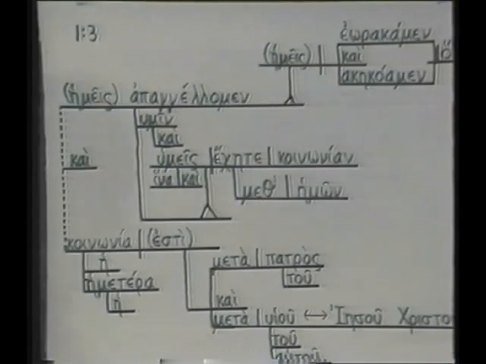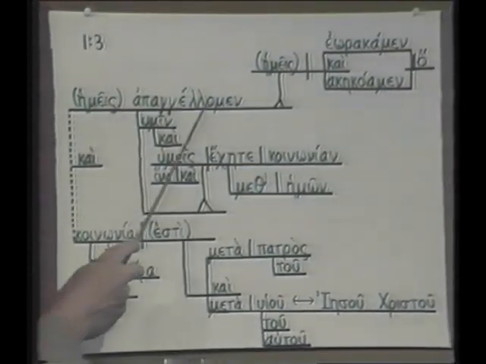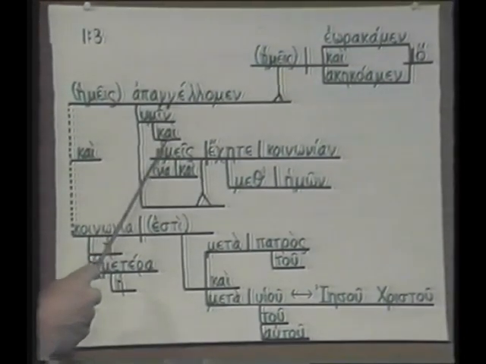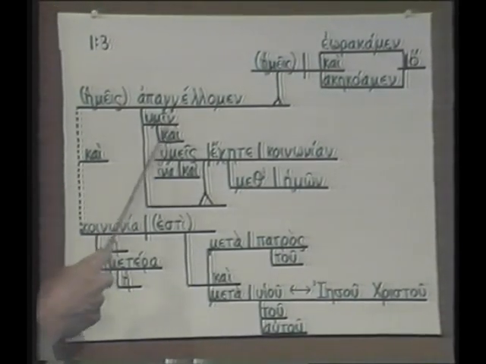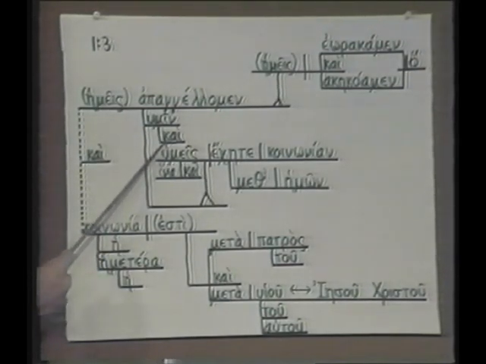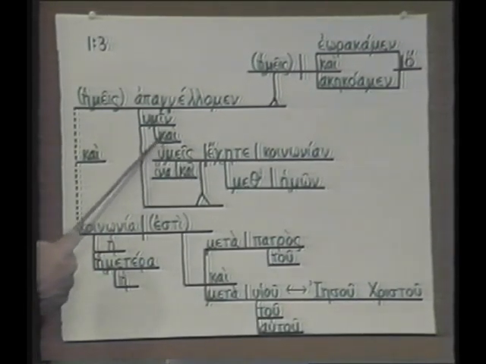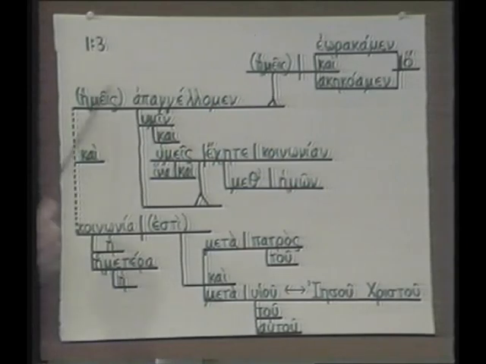So, this is verse 3. We announce to you also. Now the kai there really modifies humin. So you don't put the kai over anywhere else. It's a use that we found previously in Machen, meaning also. So we announce also to you, and it modifies humin. We announce to you,